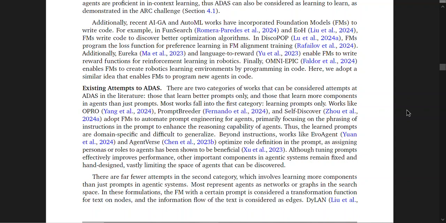Thus, the learned prompts are domain-specific and difficult to generalize. Beyond instructions, works like EvoAgent and AgentVerse optimize role definition in the prompt, as assigning personas or roles to agents has been shown to be beneficial. Although tuning prompts effectively improves performance, other important components in agentic systems remain fixed and hand-designed, vastly limiting the space of agents that can be discovered.